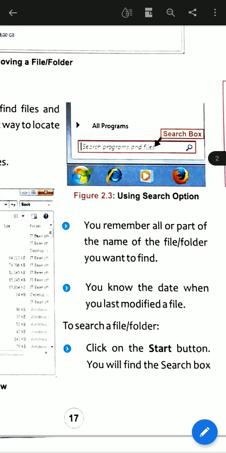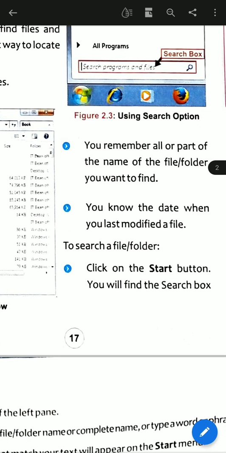You know the date when you last modified a file, or you should know the date of modification of that file, to search a file or folder. So these are the steps to search a file or folder. Click on the start button, and you will find the search box.